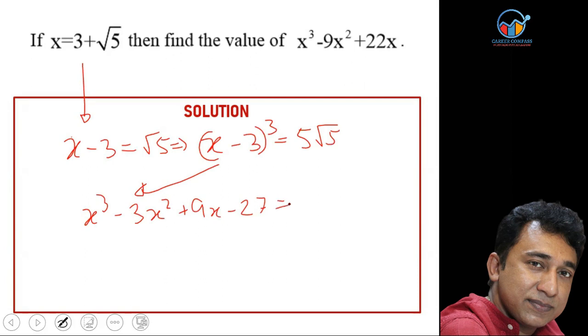Now see, for the right hand side, this root 5 can be replaced by x minus 3. That gives me 5x minus 15. So if I bring x cube, then I have